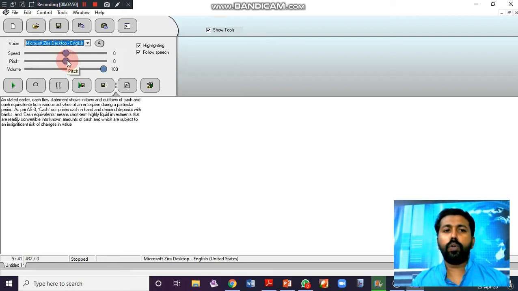The pitch of the audio, we can increase or decrease by changing like this. Just move it. Also, we can adjust the speed of talk, the speed of the audio. By adjusting like this, we can change the audio. When you are taking a trial, you will get the clear picture. You have to change like that. When increasing the speed, it will automatically increase the speed of talk. We can give volume high and low. Normally, a high level of volume is needed.